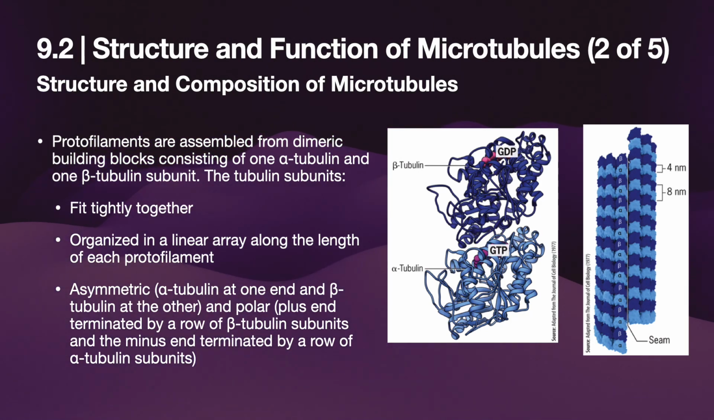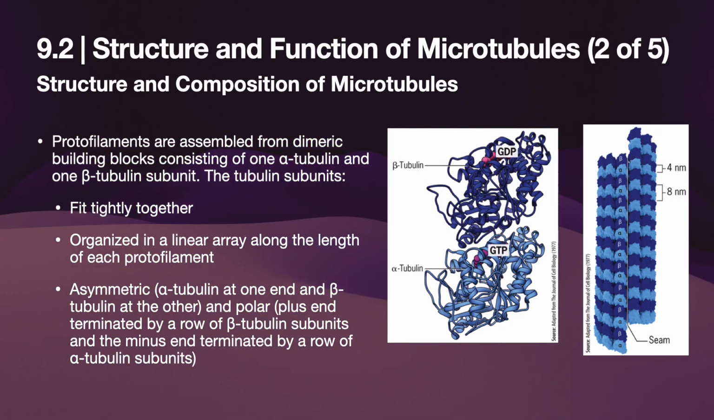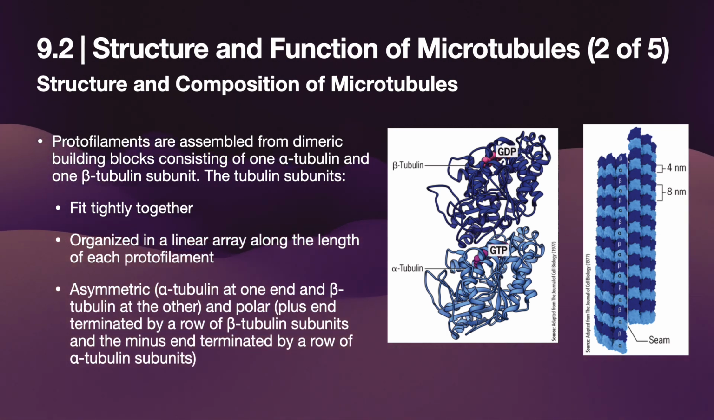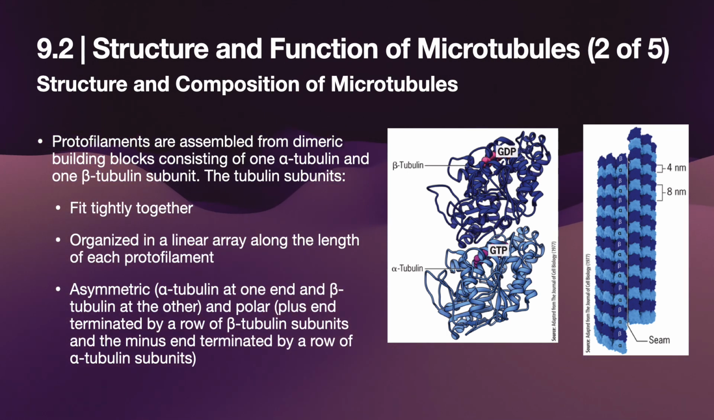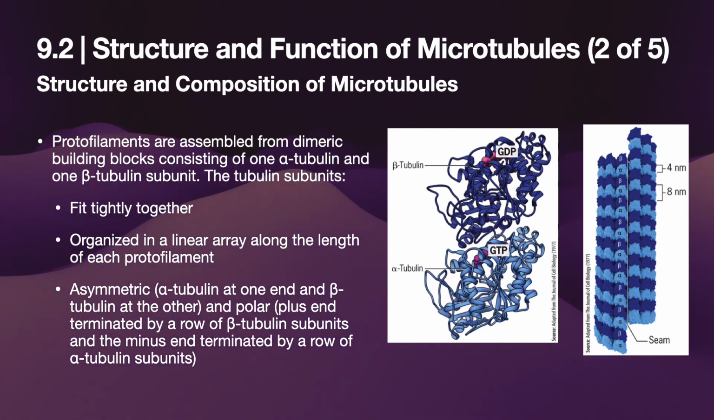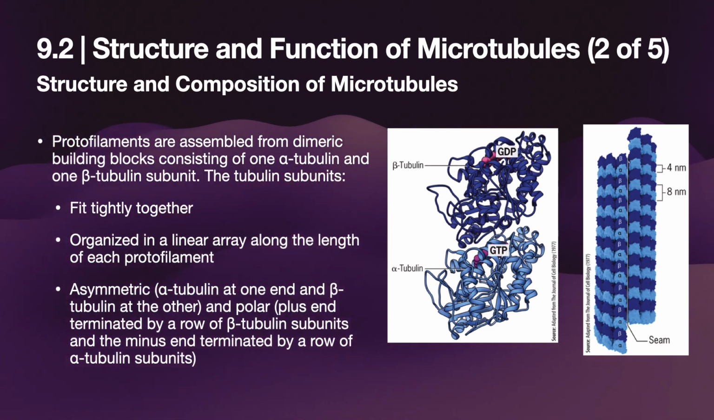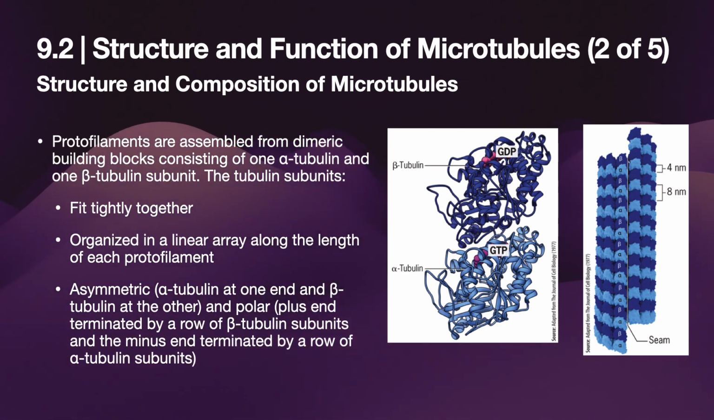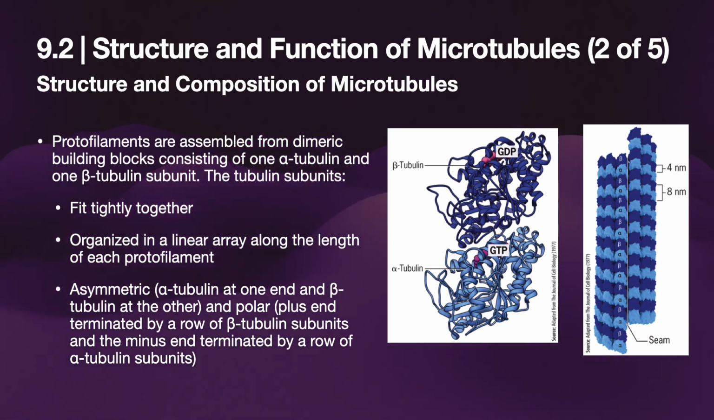These protofilaments are assembled from dimeric building blocks consisting of one alpha tubulin and one beta tubulin subunit. These tubulin subunits fit tightly together, like a jigsaw puzzle, organized in a linear array along the length of each protofilament. They are asymmetric, with alpha tubulin at one end and beta tubulin at the other, and also polar: the plus end is terminated by a row of beta tubulin subunits, and the minus end by a row